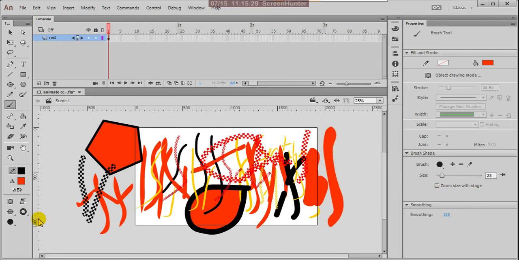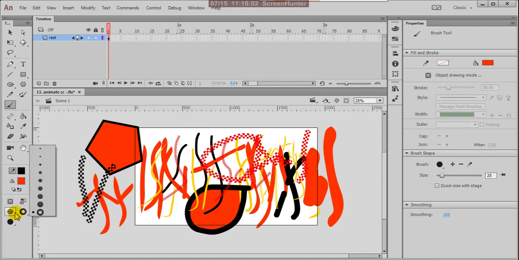Observe our tools panel: the brush mode and the brush size. These are the available brush sizes. You can set them from properties, and you can change the brush size from here also. These are the brush shapes: round brush, tilting brush, and these are the brush sizes.